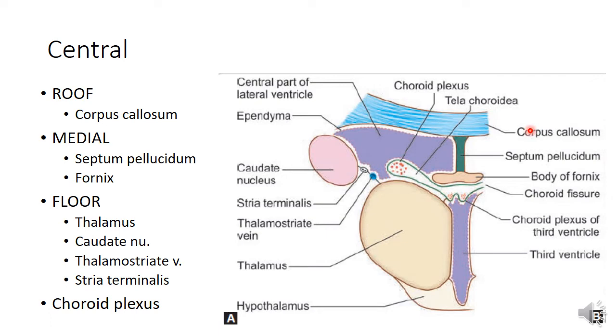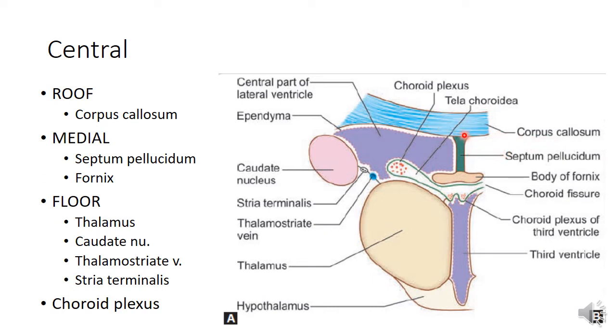Now let's see the relations of each one of these different parts of the lateral ventricle. The central part, or the body of the lateral ventricle, is bounded on the roof. So this is the central part of the lateral ventricle. The roof is formed by the corpus callosum,